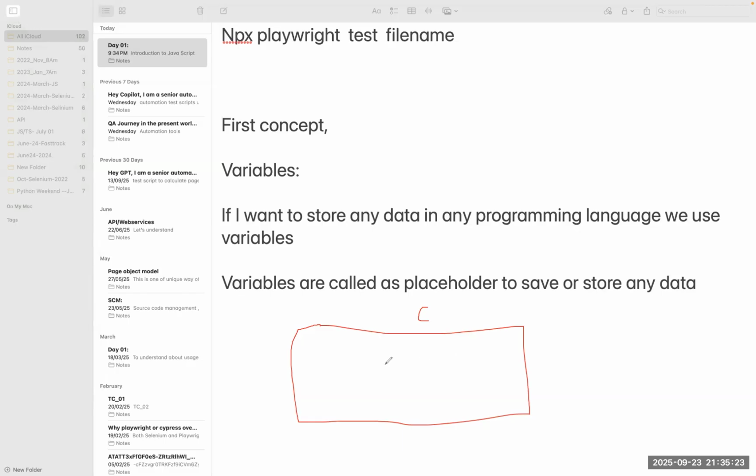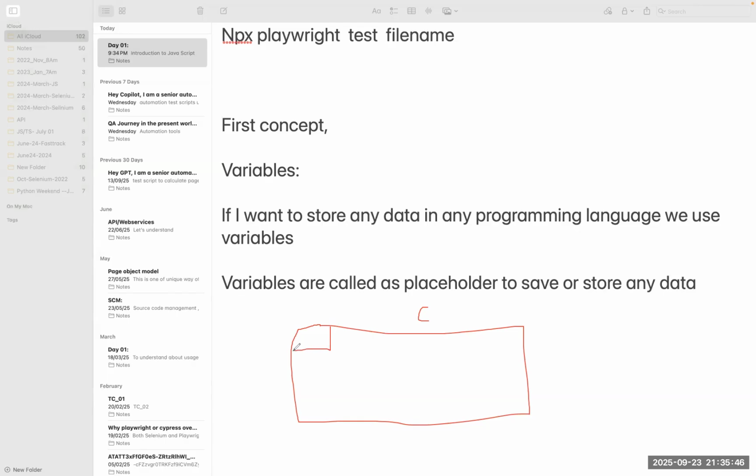Similarly, when you created a playwright project also, some space will get allocated here. Now inside your programming, if you want to store any data, what will happen in this main memory block,